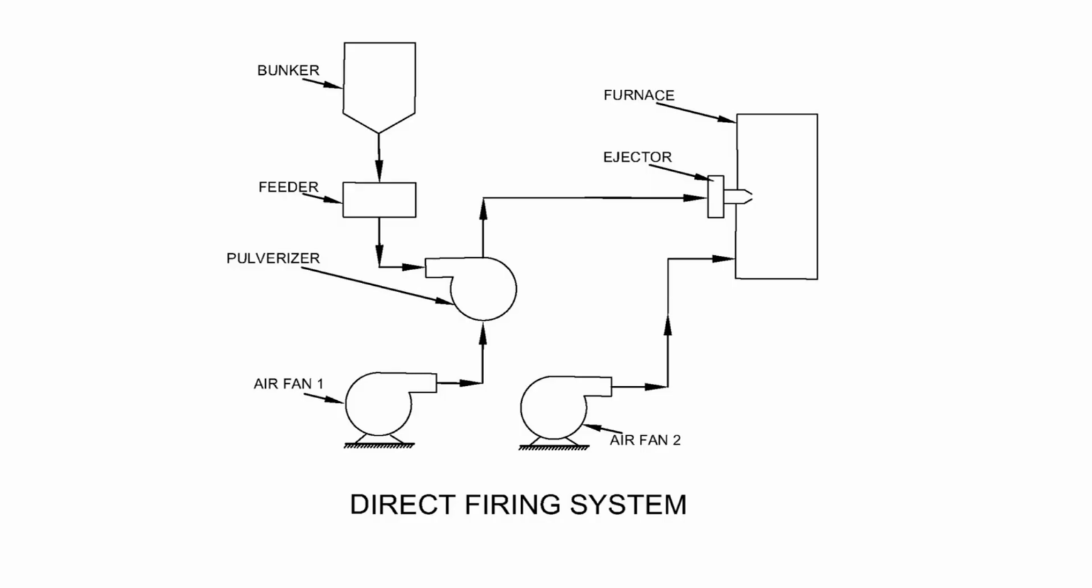Direct firing system. Here, pulverized coal is directly fed to burners in the furnace. Primary air required for combustion acts as carrier of coal. In this process, risk of spontaneous combustion is minimized. To understand the constructional details and working, let me refer to the diagram, where different components have been shown as